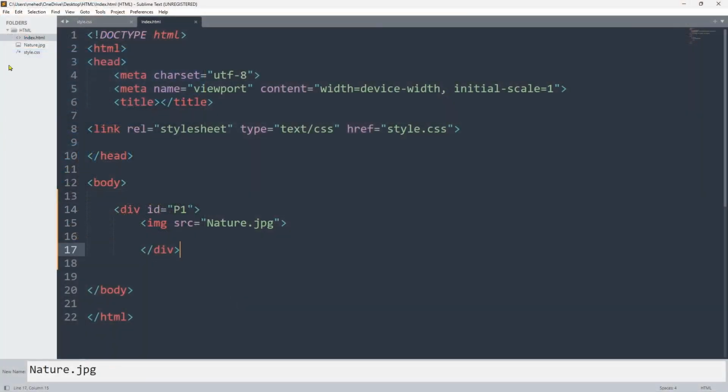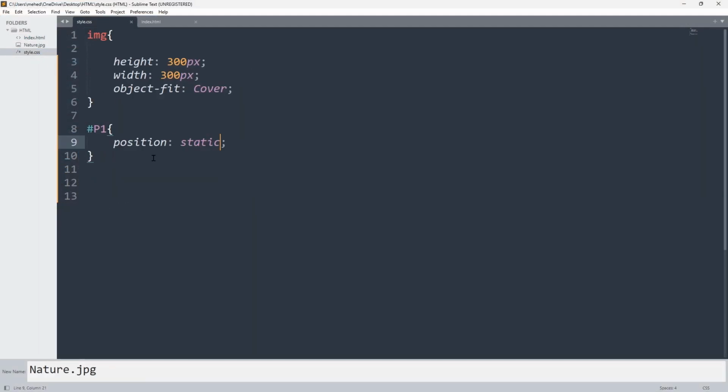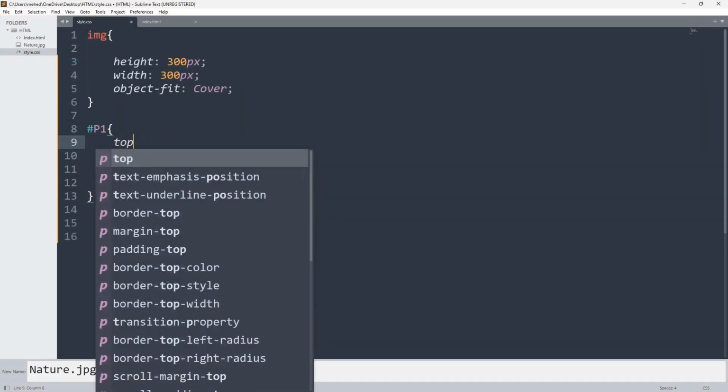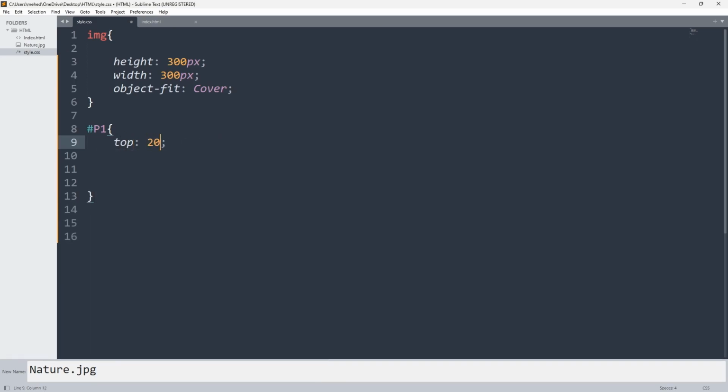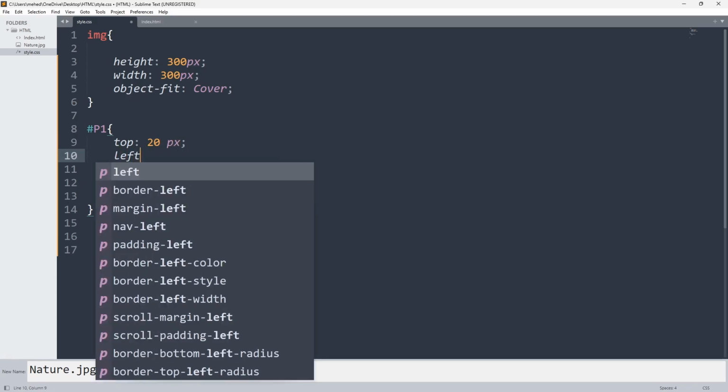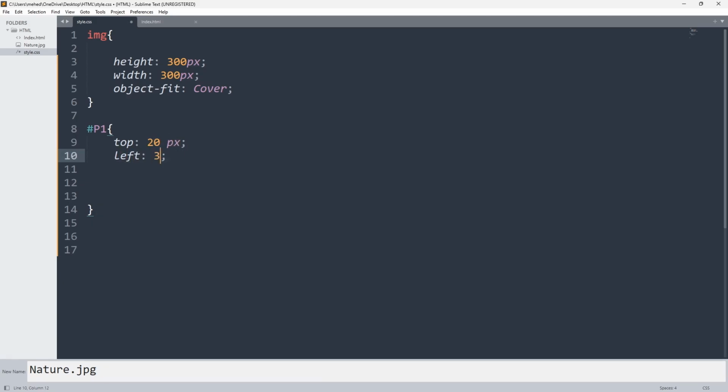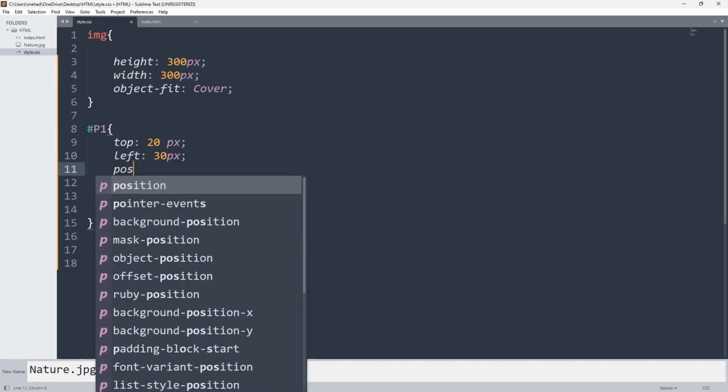And now we're going to dive into the next one. It's called relative position. And before that, if we just type here top 20px and left 30px, and now we give the position